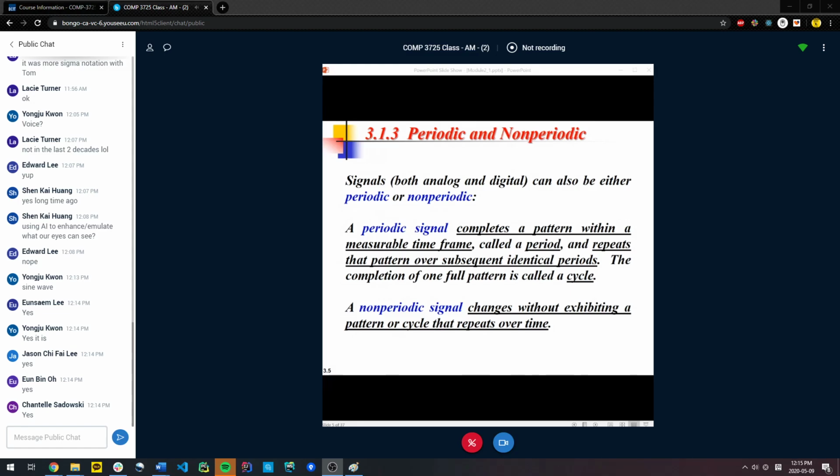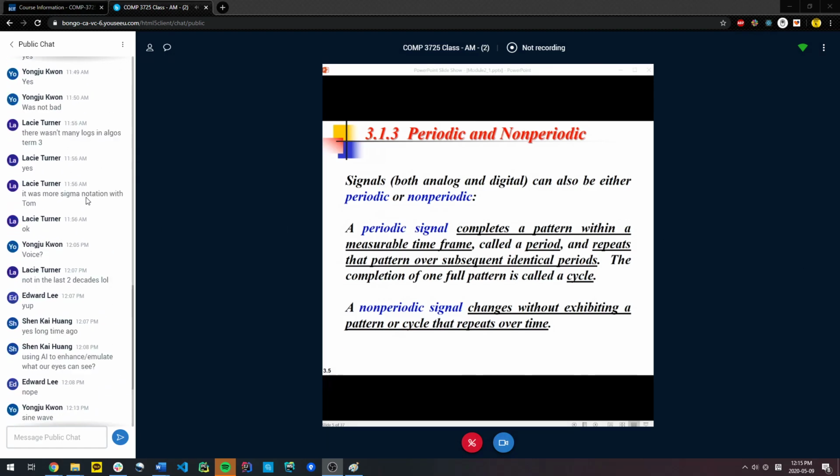And the converse of that is a non-periodic signal, which means the whole lecture is non-periodic. If I take the context of the whole lecture over 4 hours, I don't repeat the same lecture every 4 hours. You could claim that I might repeat it for the afternoon set, but it's a slightly different repetition, because it's done in real time. So in that sense, you cannot really say that it's a periodic signal.